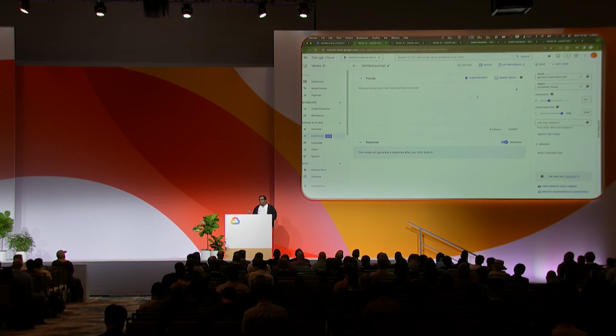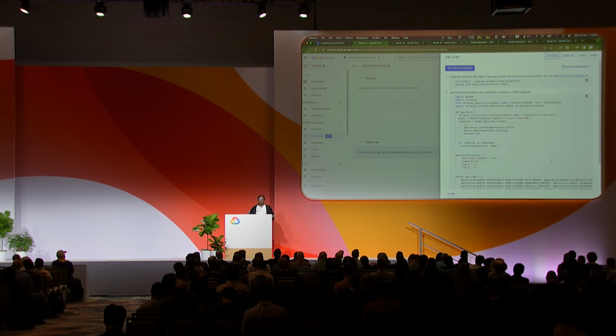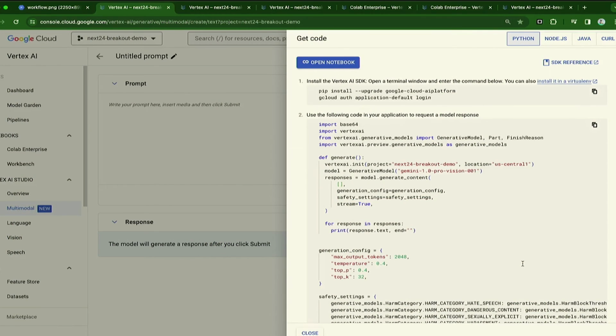So the first part is, whatever prompts you write, it's very easy for you to figure out how to call the API. On the top right, if you see, there's a button called Get Code, which gives you the whole code of whatever experiment you just did. We give you Python, Node.js, Java, and curl. So you can take whichever ecosystem you're building with. So whatever